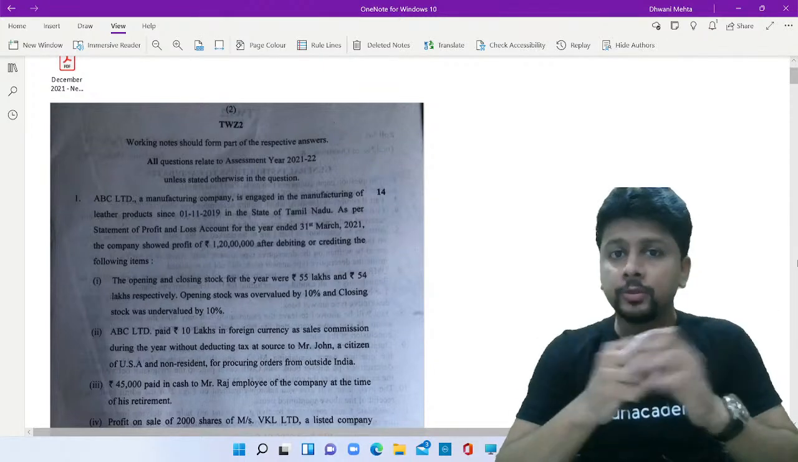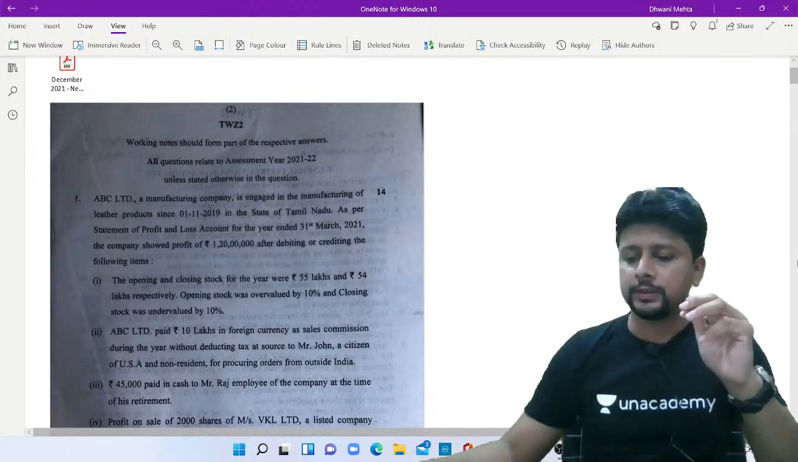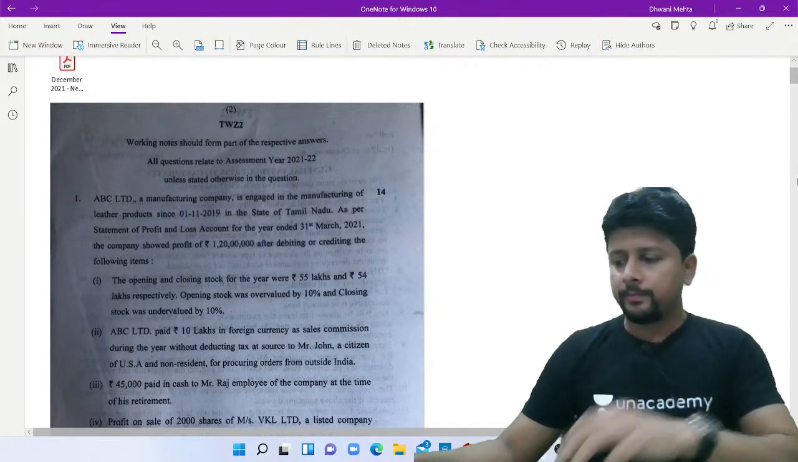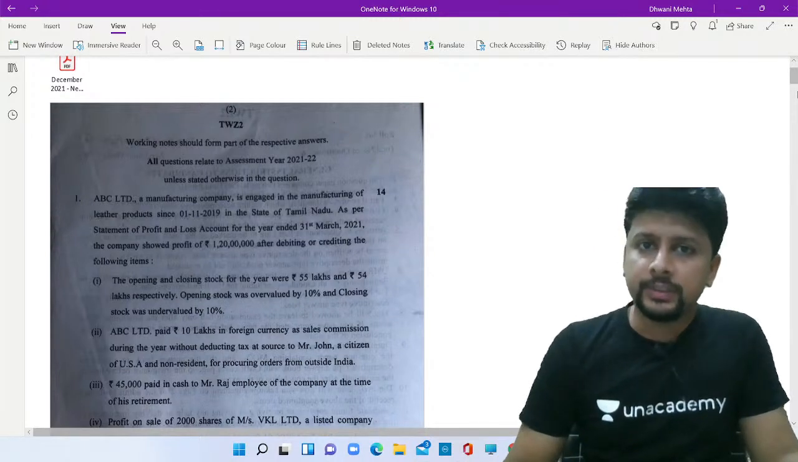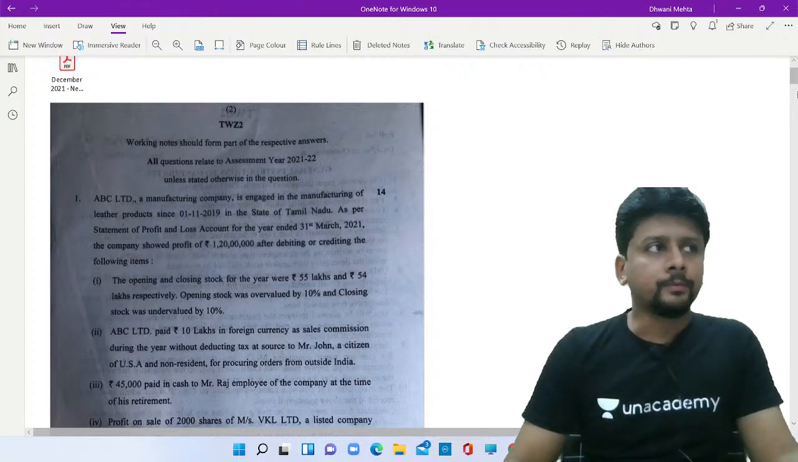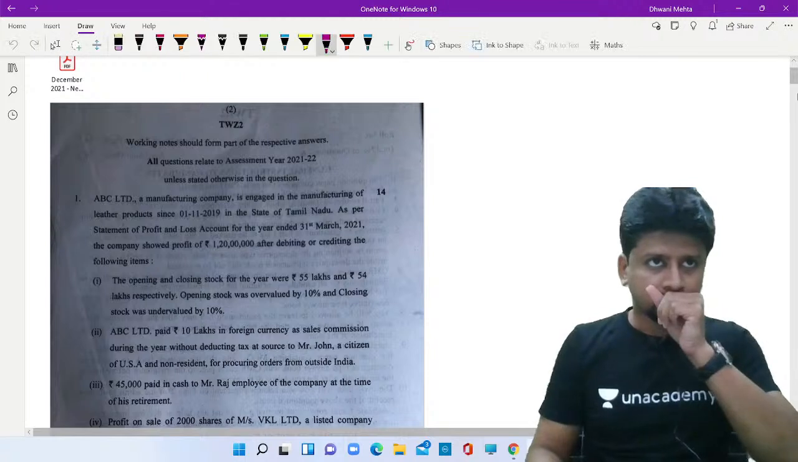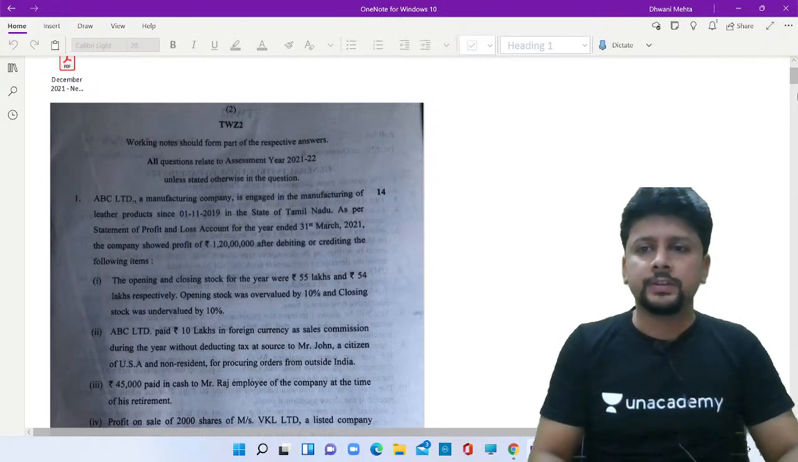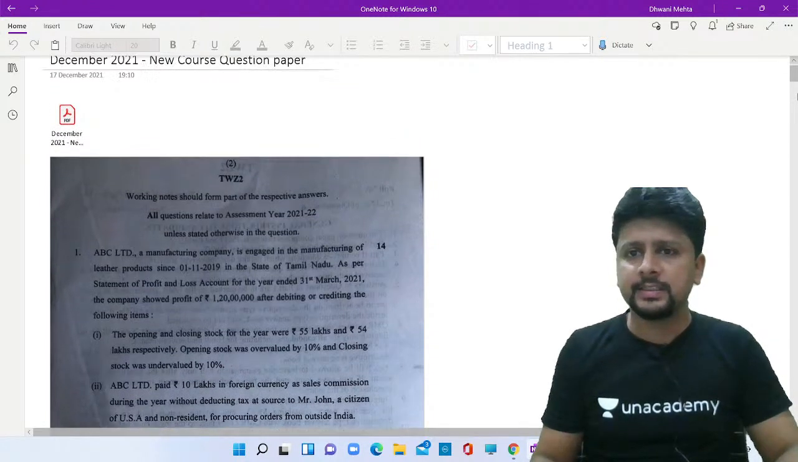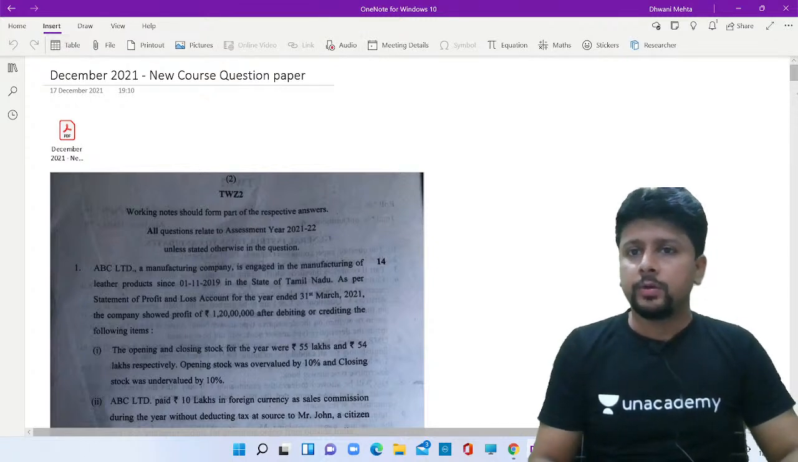Now, the first and foremost reaction that I got from various students immediately after the paper was that, sir, it was a very lengthy paper. And certain students also told me that it was a conceptual paper, it was a tough paper. But the one observation that everybody gave was that yes, it was quite lengthy. And the answer is yes, correct, it was definitely lengthy. But the reason why it was lengthy was primarily because,